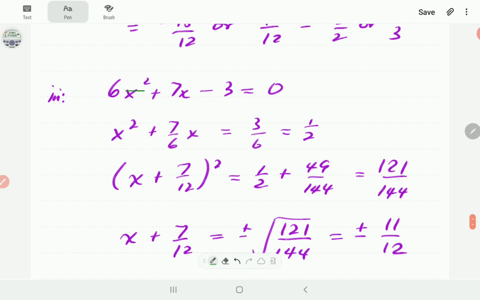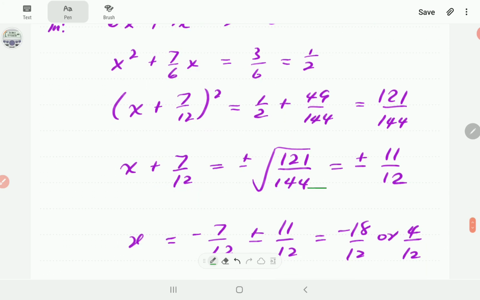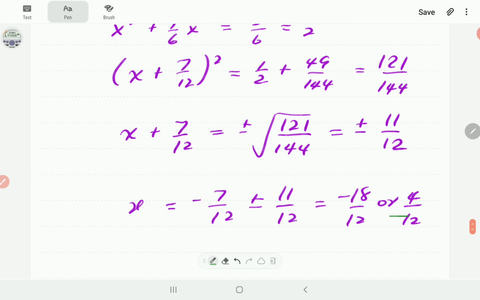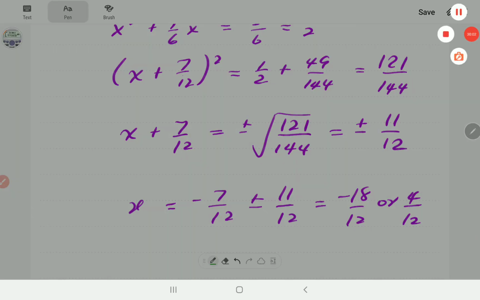Here we're going to have to divide by 6 first, so that the coefficient of x squared is 1. Then take the constant term to the right hand side, complete the square here, take the square root, and then this is again giving us the same answers as before. All right,